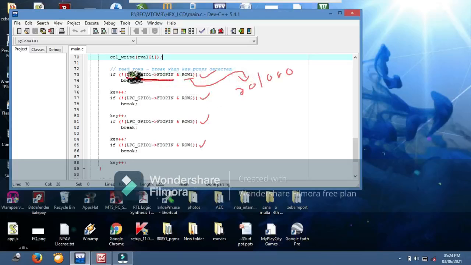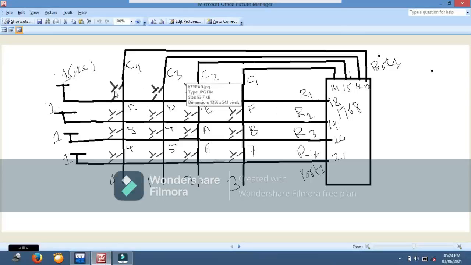Whereas here we can read all the pins. In that, if the first key is pressed, then you can see in the diagram that this 0 which is here is passed to row 1, so the 18th bit becomes 0, all other bits become 1 here.